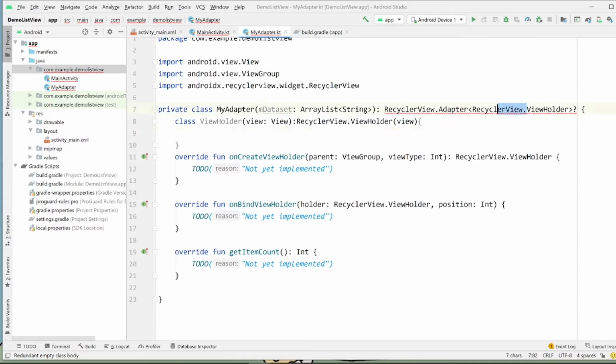So over here, inside of RecyclerView.ViewHolder, we're going to have MyAdapter.ViewHolder instead, which is the view holder that I just created.